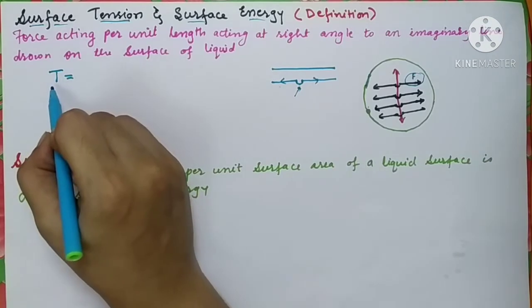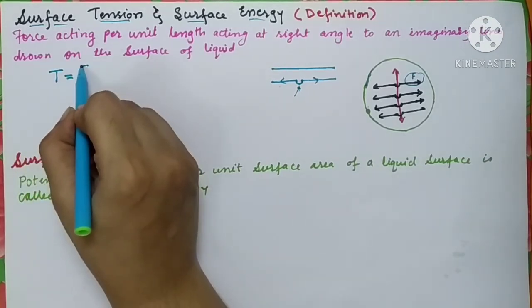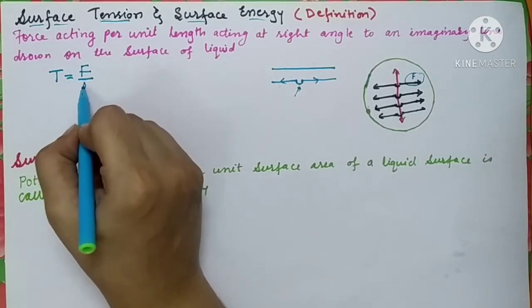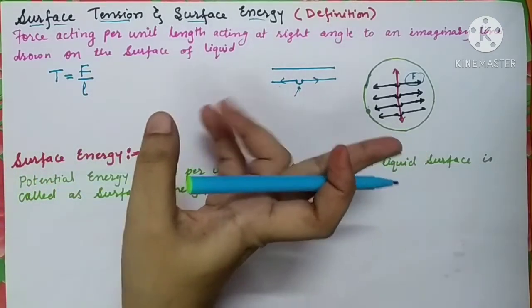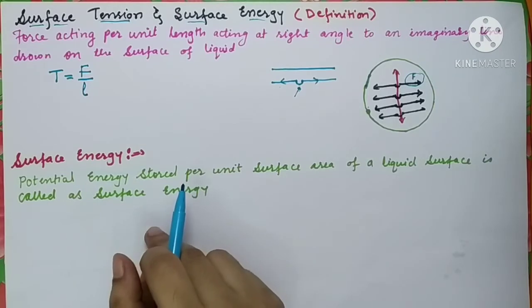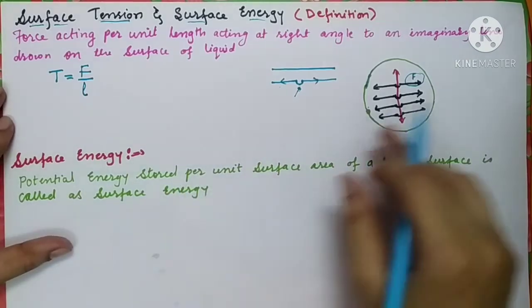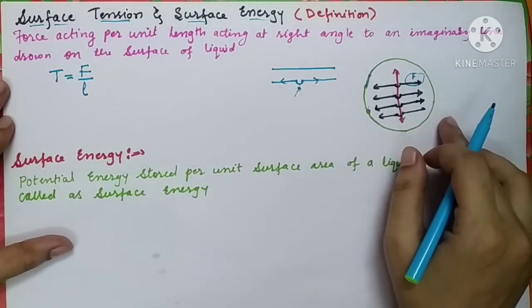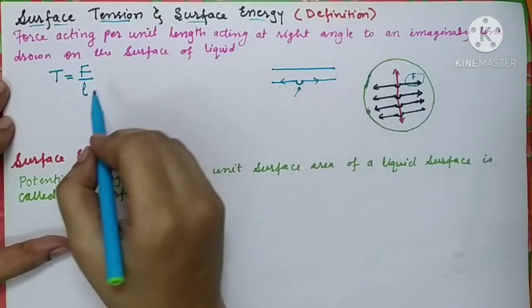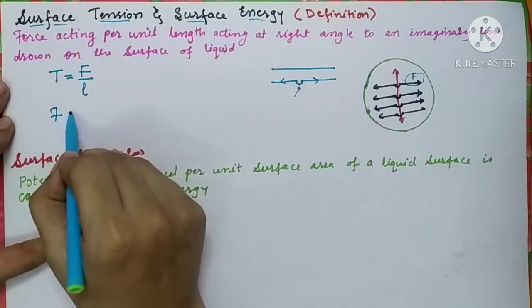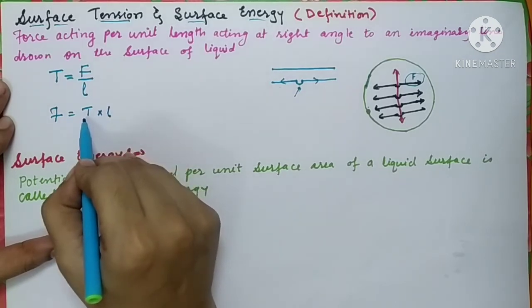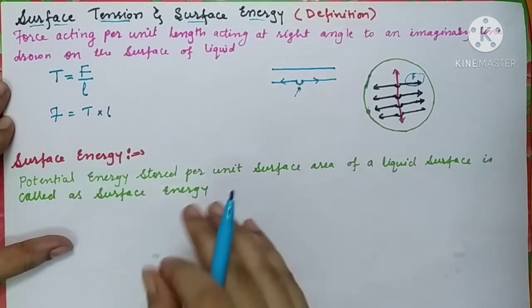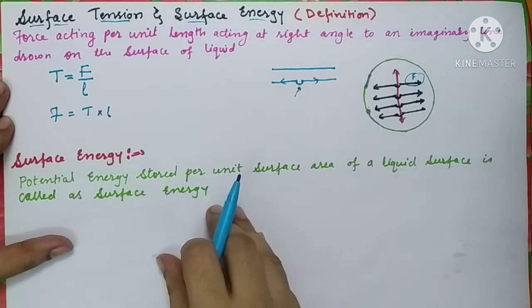So we can write the formula of surface tension as F upon L. Well, this L is the length of this imaginary line or length of a needle. So hence, in this way we can define the surface tension. Similarly, you can write one more formula. Force due to surface tension will have the formula T into L, where T is the surface tension and L is the length of this imaginary line. So it is quite simple to have the formula of surface tension.